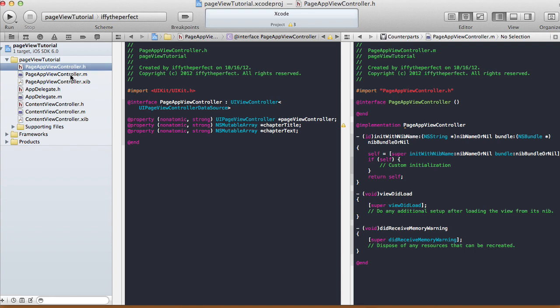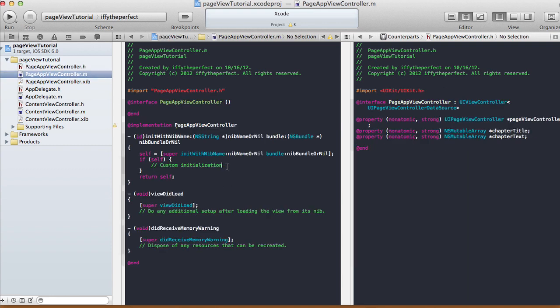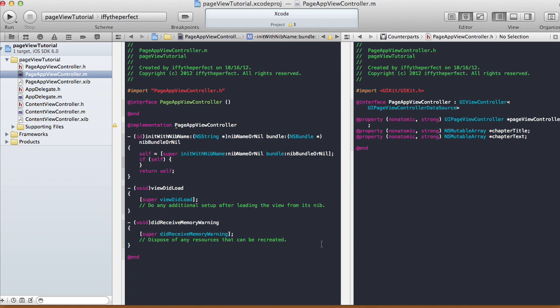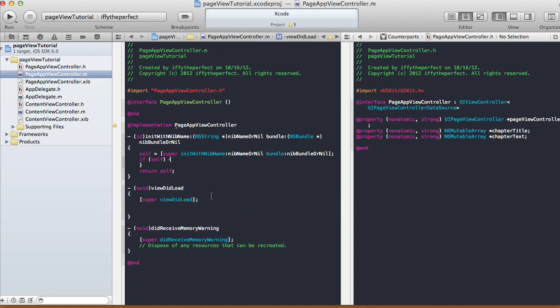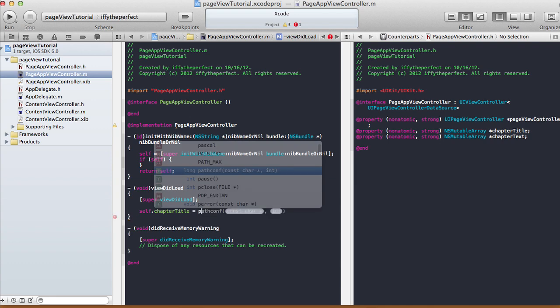And in our page app view controller implementation file, in viewDidLoad, I'm going to initialize my array of titles and text that we have here. So I'm going to say self.chapterTitle equals NSMutableArray